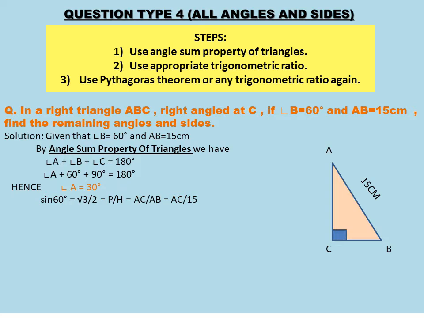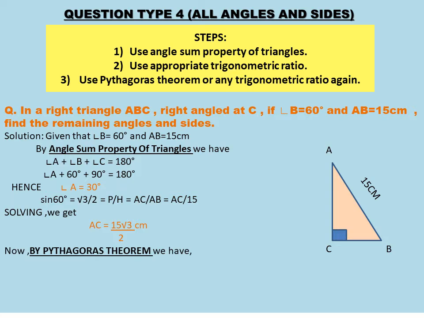So you can find the perpendicular. If you want to find the perpendicular, that means you are given with the hypotenuse and you have to find the perpendicular. That means you have to select the ratio in which perpendicular and hypotenuse comes, and that is sine, because sine is p by h, right? So sine 60 degree is equal to root 3 by 2, you know. Why 60? Because angle B is 60 degree, so you have to take sine of 60 degree, that is root 3 by 2, and that is equal to p by h. And your P is AC, you have to find out, and your H is 15 centimeters, right? So root 3 by 2 is equal to AC upon 15. So when you solve it, you'll get the answer AC is equal to 15 root 3 by 2 centimeters, right?